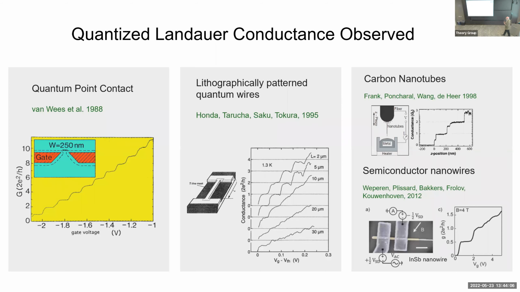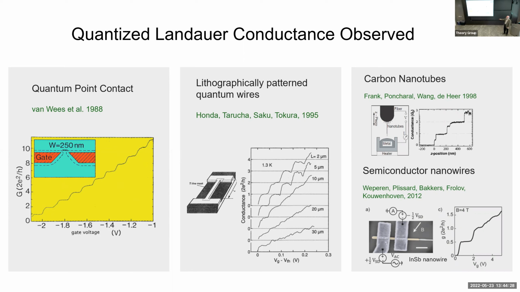And so let me tell you about the Euler characteristic. Oh, before I do that, let me just say, I told you this is not as good as the quantum Hall effect because it requires perfect ballistic transport, but that doesn't mean you can't see it. In fact, there are famous experiments going back to the 1980s and 90s where precisely this quantized Landauer